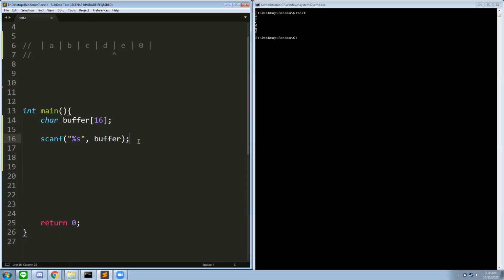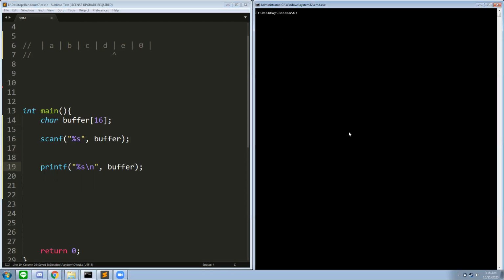Okay, so if I were to do this, I can do something very similar with printf, where I can use %s to print a string. And we'll get into what this is actually doing. If I go ahead and run it, it's going to wait for me to enter something. So I'll enter some string, and then I hit enter, and I get some,